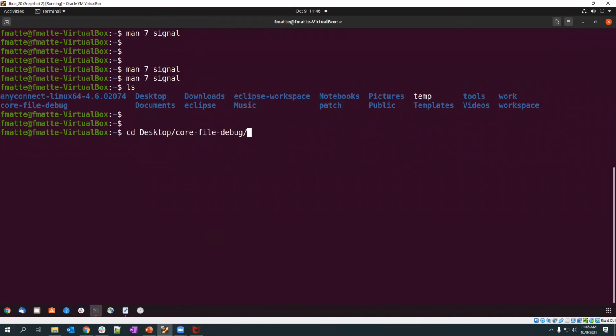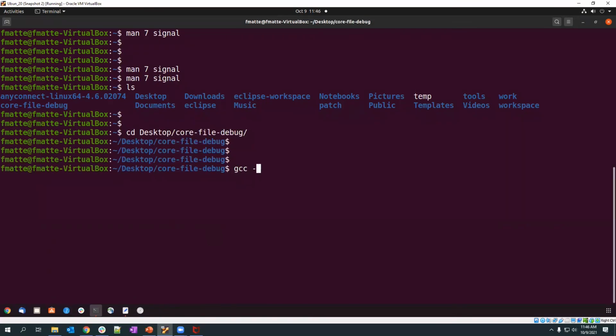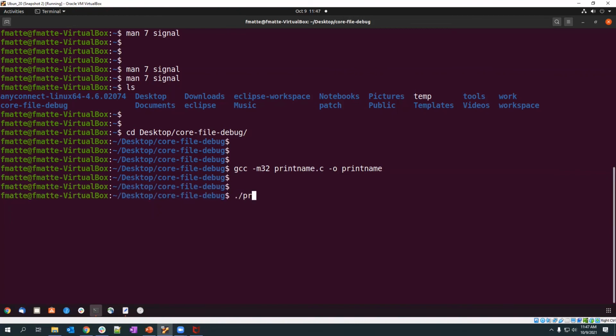So it is here. What I will do is use GCC to compile this particular program for a 32-bit platform. Using -m32 indicates that I am compiling it for a 32-bit platform. Why am I using 32-bit? When the crash happens, it is easier for me to explain how things work. If I take 64-bit, by default GCC does a lot of optimization. Again, it is difficult for me to explain and for you to understand. Let's take 32-bit and understand how things are happening. The name of the program is print name, and I will give the output as printname. So let's run printname.